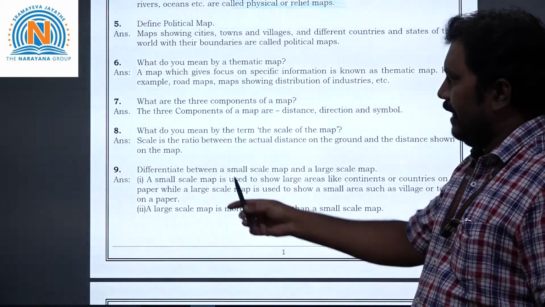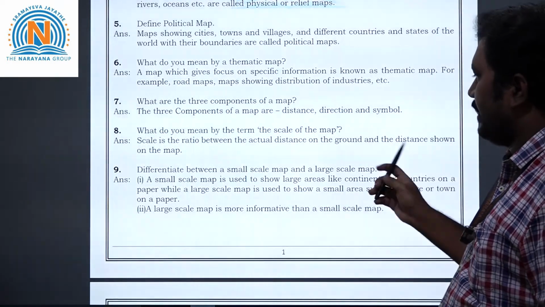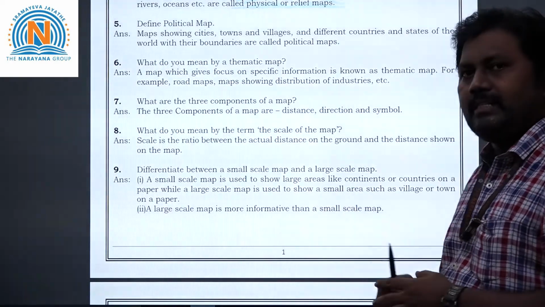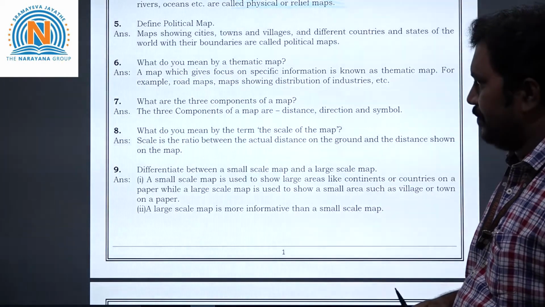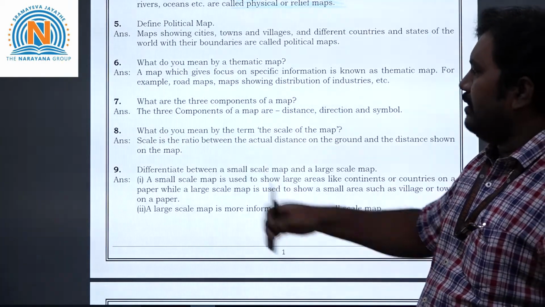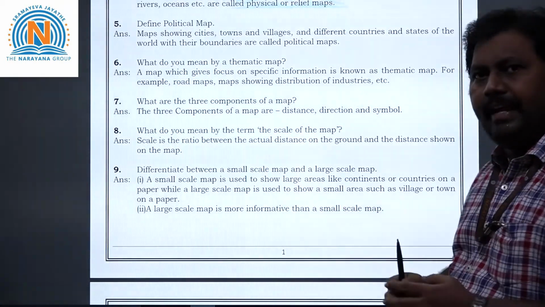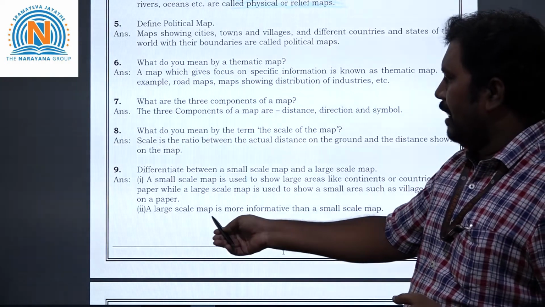Okay. Now let's take the ninth question here. Differentiate between small scale map and large scale map. So what does a small scale map mean? It is used to show large areas like what? Continents, countries, oceans. Whereas a large scale map is used to show small areas like villages, towns, etc. So compared to a small scale map, a large scale map is more informative.